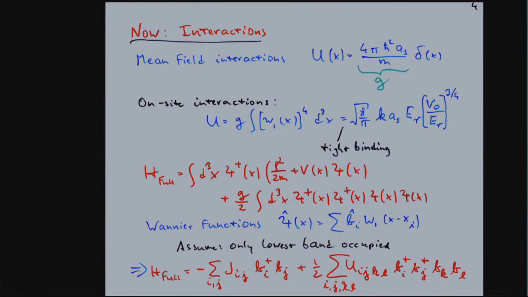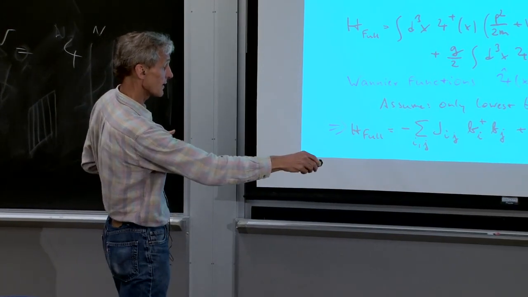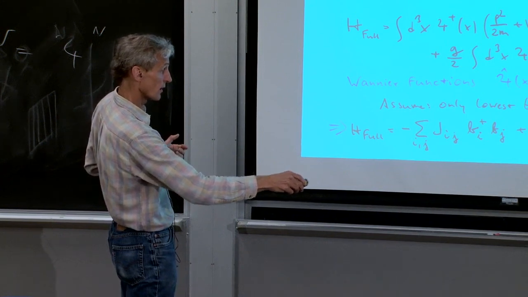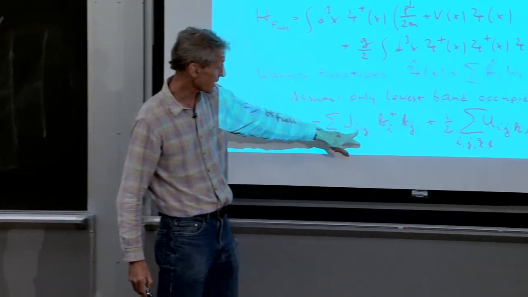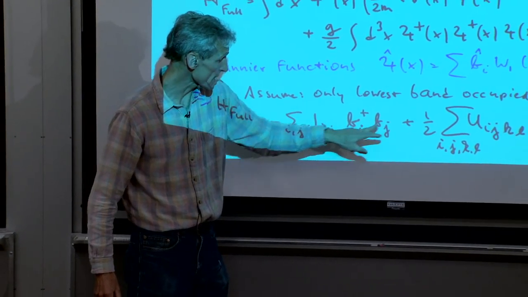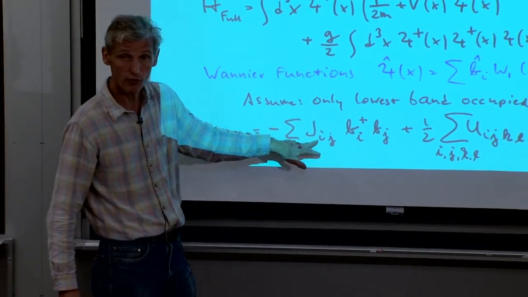X to Wannier functions. So the B operators are now creation operators. They create an atom in a Wannier function. In other words, B dagger means you have a particle in a Wannier function at site I. And I just use that as a basis transformation, and the exact transformation of this Hamiltonian is now into this form. So what I have right now is the tunneling matrix element between particles at site I and J, and I have to sum over all of them.